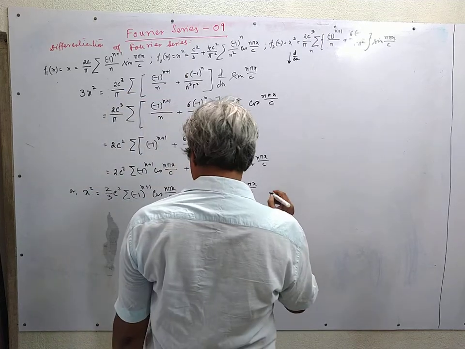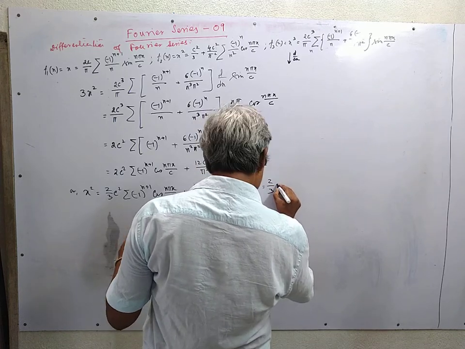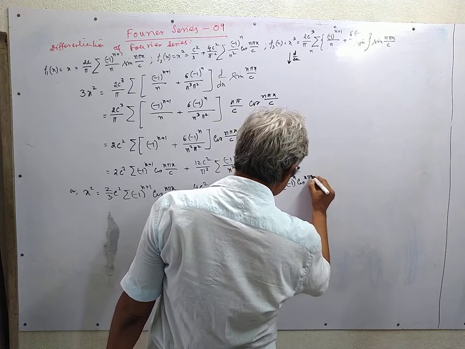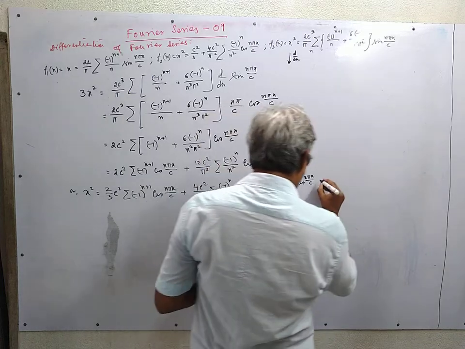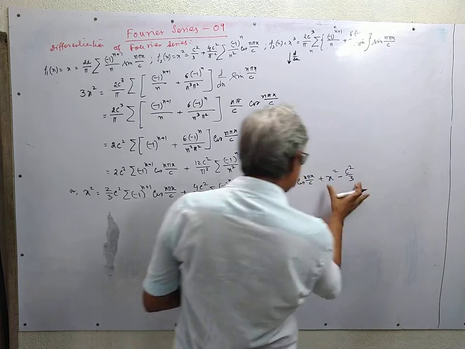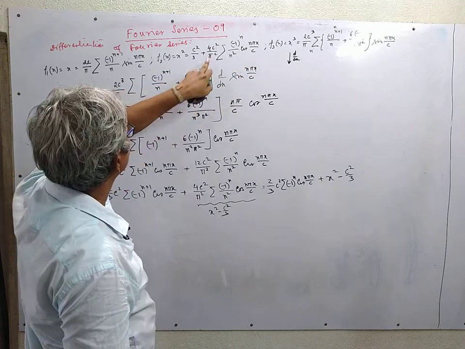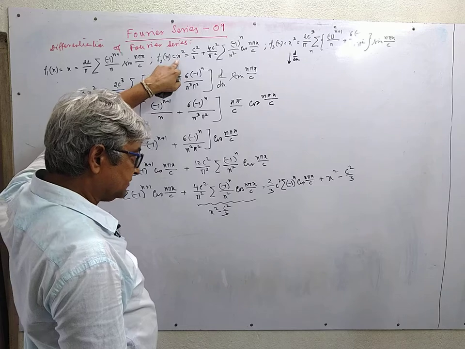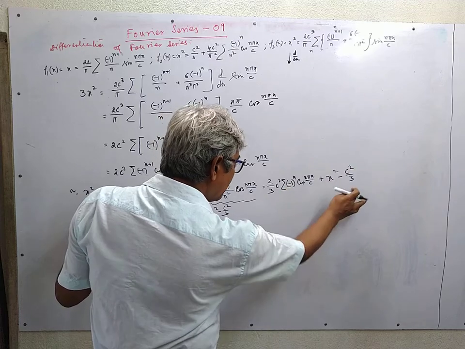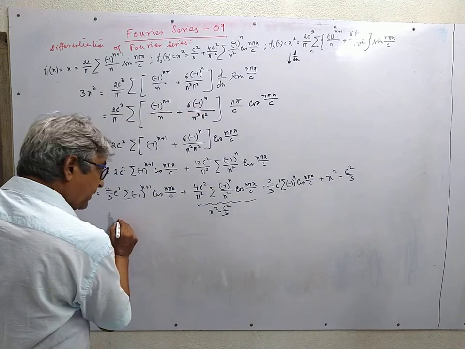So this is 2 by 3 c square plus x square minus c square by 3. For this part we have used f2, the expression for f2, and we have this term, so it is x square minus this. So we see that x square term cancels and c square cancelled, the 3 in the denominator gets cancelled. So we will have